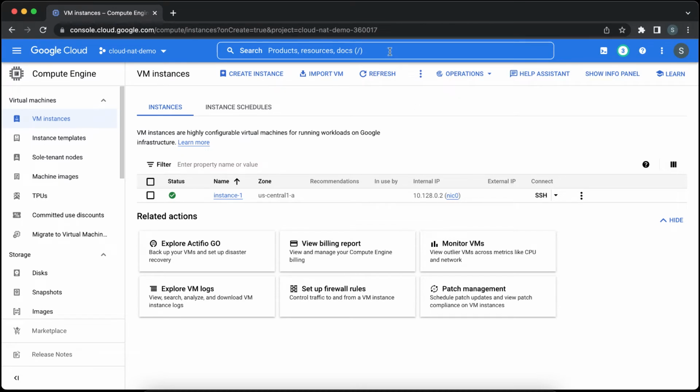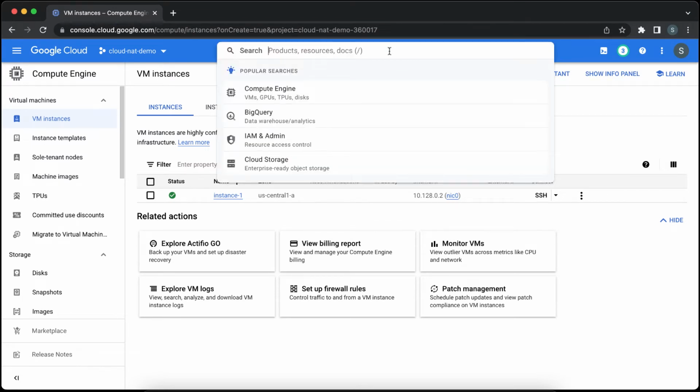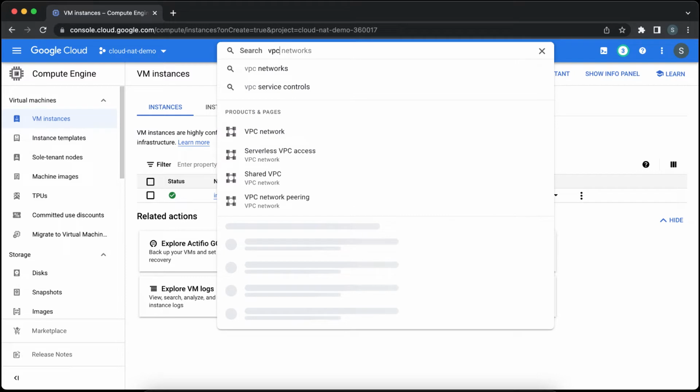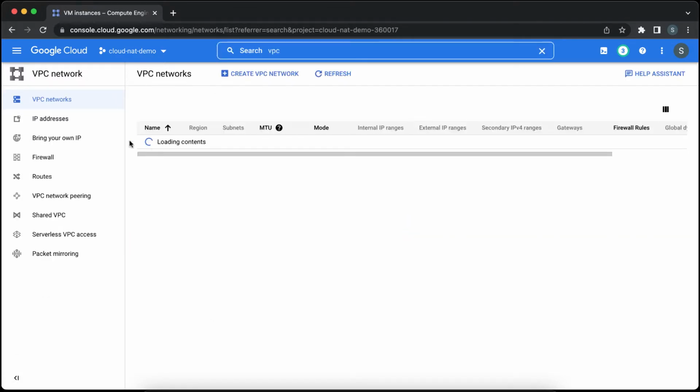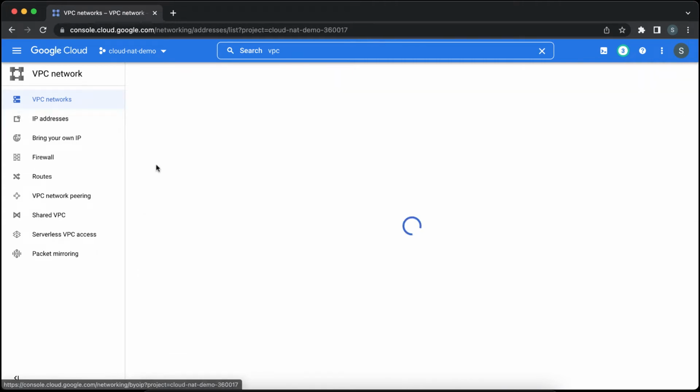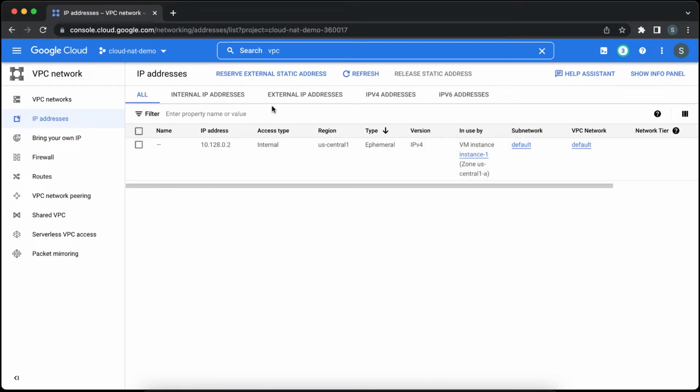Okay, so in order to set up the NAT, the first thing we want to do is reserve IP addresses which we will assign to the NAT, and go from there. So first thing, we go to VPC network, go to IP addresses, click on reserve external static IP address. This IP address belongs to the virtual machine that we created, the internal, so just ignore this one,